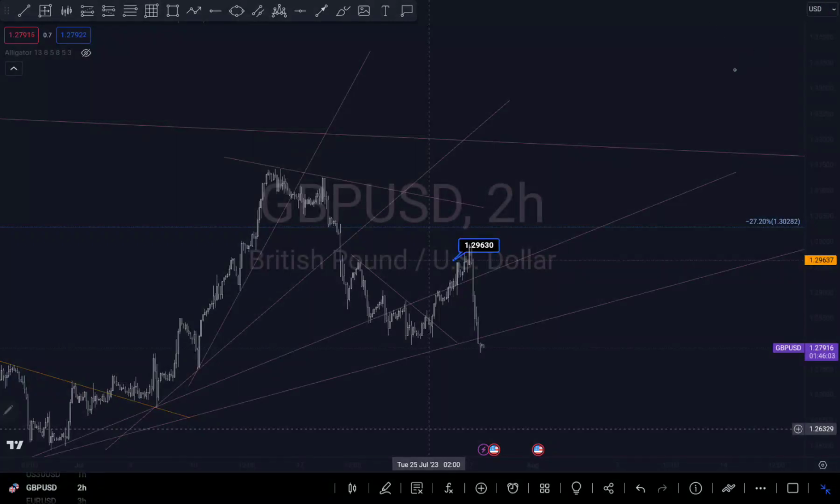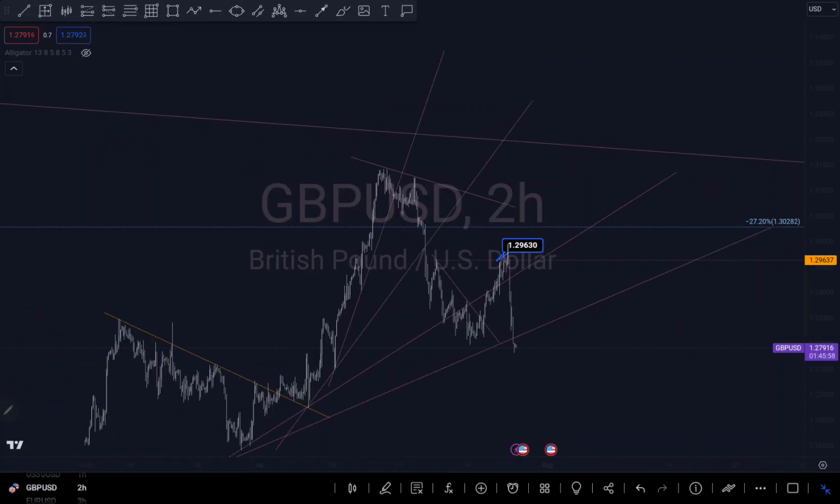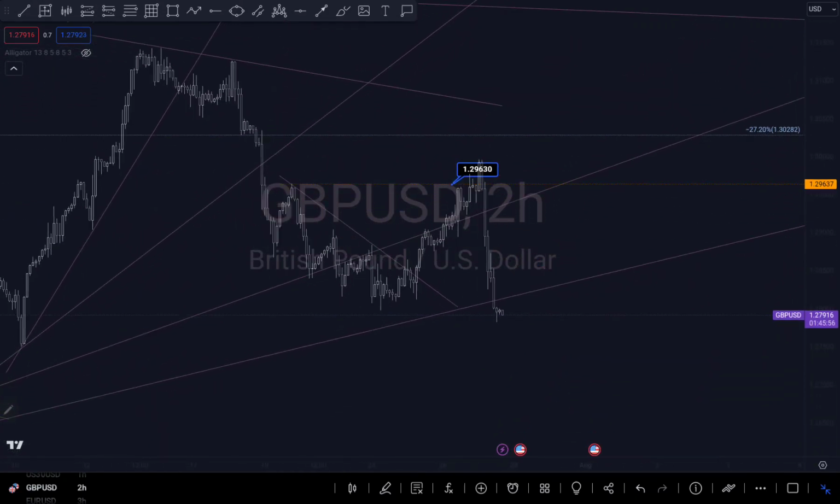Hi guys, so this is my analysis on GU. What am I expecting on GU? If you watched my previous analysis on GU, I said I'm expecting GU to at least push up to this trend line right here before we now continue to push up to the downside, and my target is around